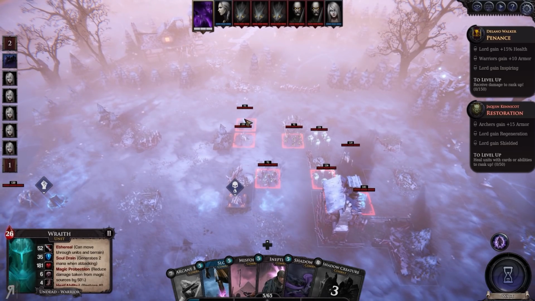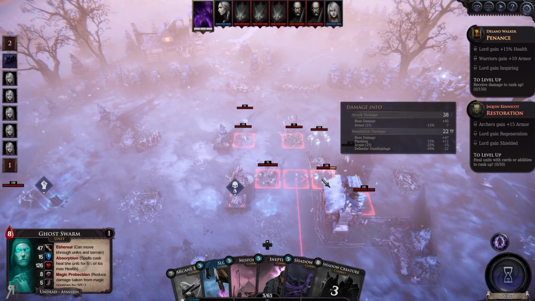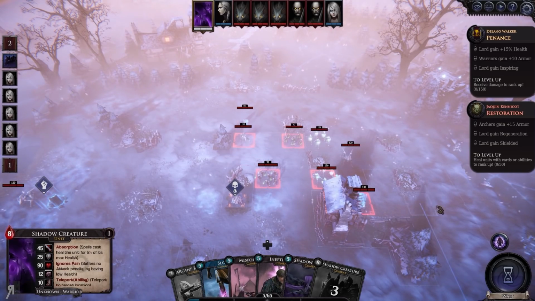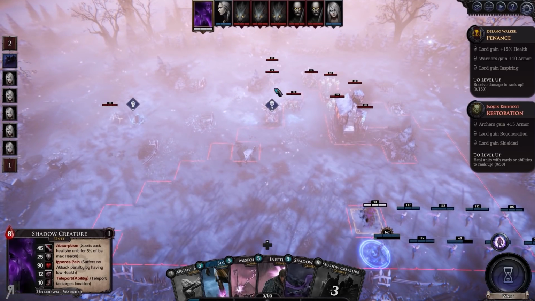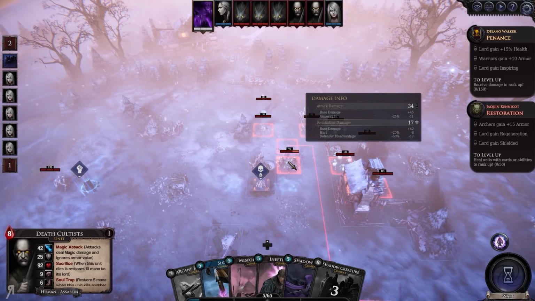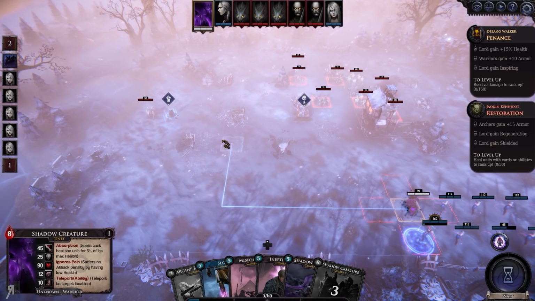Okay, what do I want to do? I could basically do anything I want at this point. I can literally attack any particular unit. I can teleport to this range. That's kind of insane, right? That's kind of insane. I guess what I'm going to do, actually, is I am going to make my way